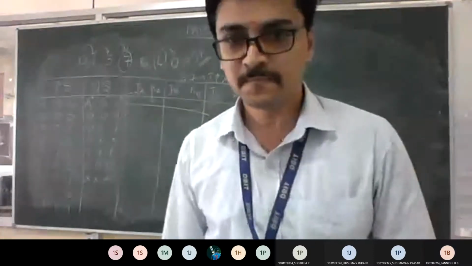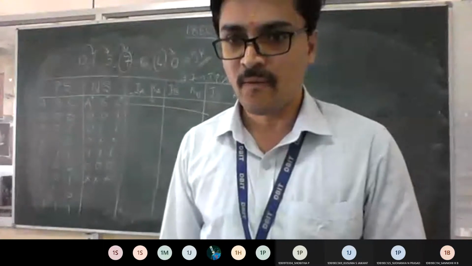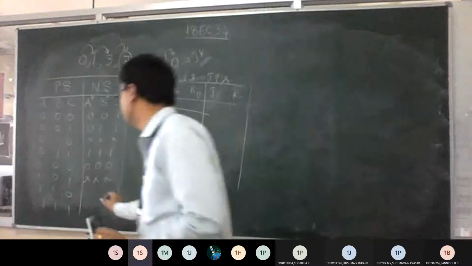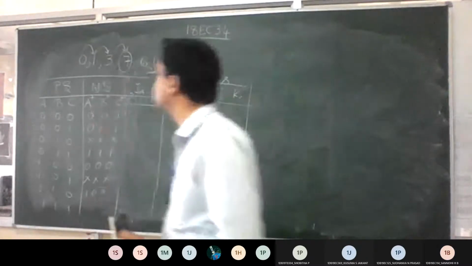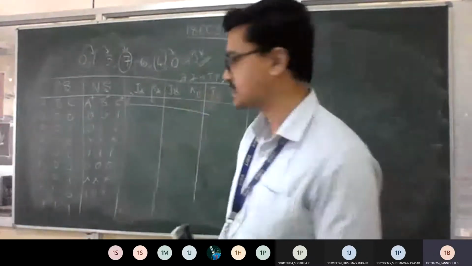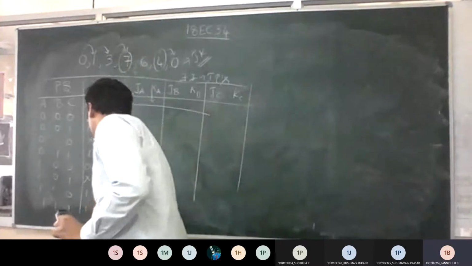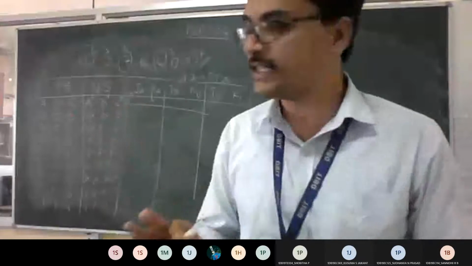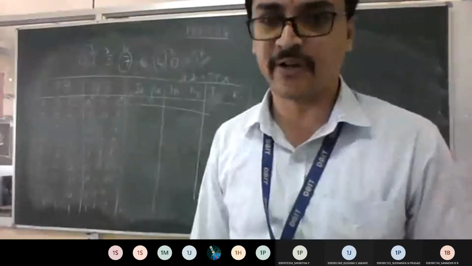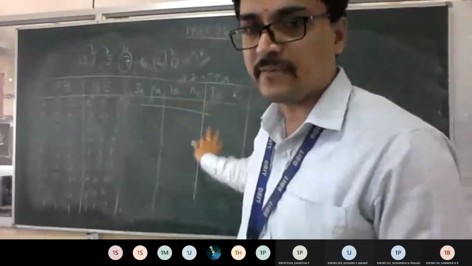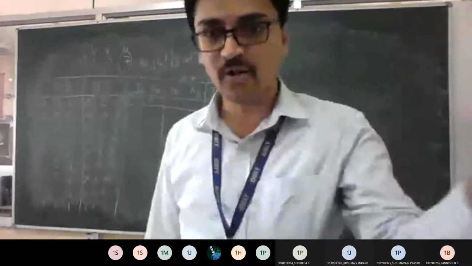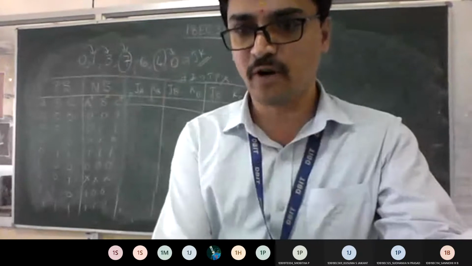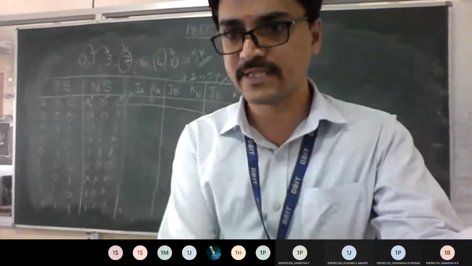So what about 6? 4. Good. 4, and last, 7, 6, so it's 1, 1, 0. See, if you are able to fill this next state column perfectly, then the remaining will become easier for you. If you make a mistake here, the complete problem is going to be wrong and you are going to lose the complete 10 marks. So have you got the first step to follow with this type of sequence problem?